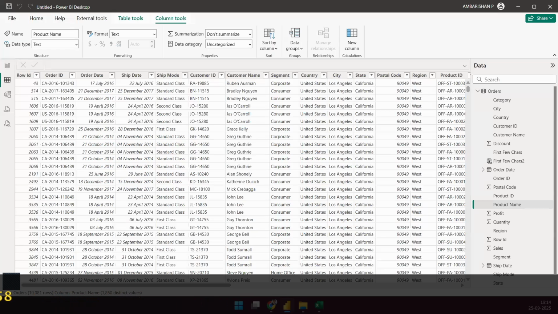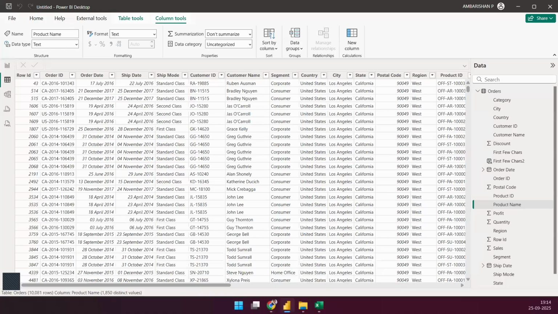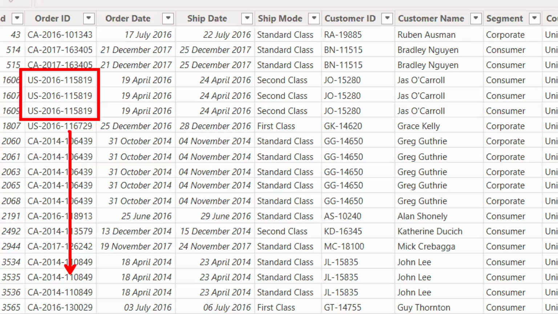You won't be able to answer it. Human beings are not so good at getting this information just by looking at all of this information. Just with the naked eye, you can't say how many orders you have. You need a tool. And this tool is going to be simple and straightforward. Let me show you how many distinct orders we have.